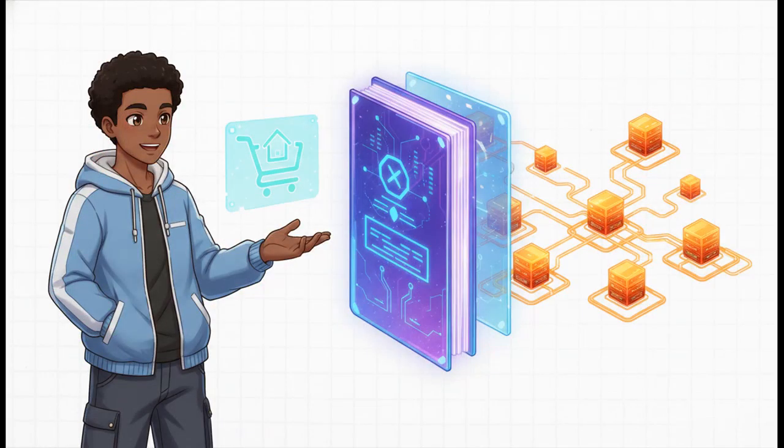Now, you and I both know we aren't typing out long, complex strings of numbers every time we want to visit our favorite websites. No way. That's because of DNS, the domain name system. DNS essentially acts as the phone book of the internet. It translates those human-friendly domain names into machine-readable IP addresses. The IP address is the actual destination on the network, but DNS, that's how we find it effortlessly without having to memorize a bunch of digits.